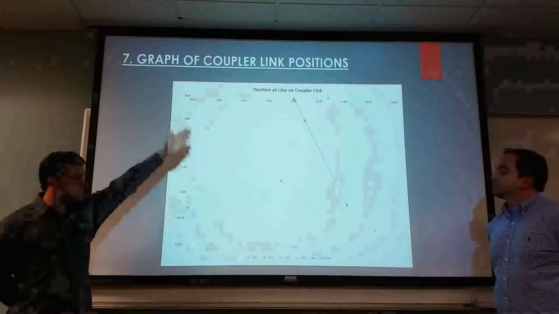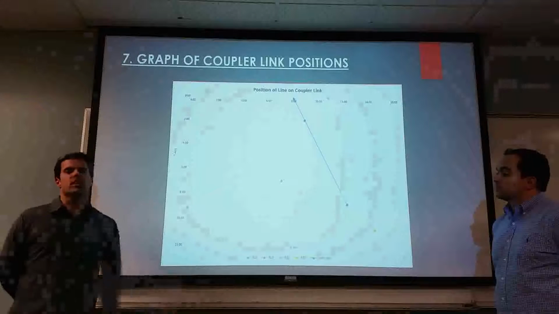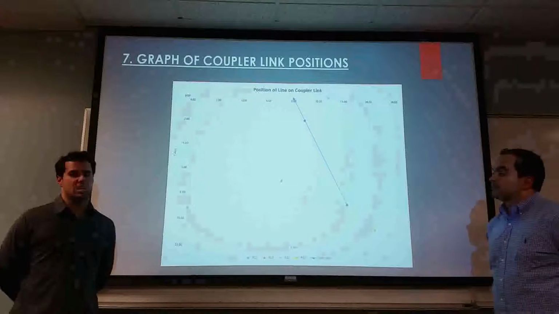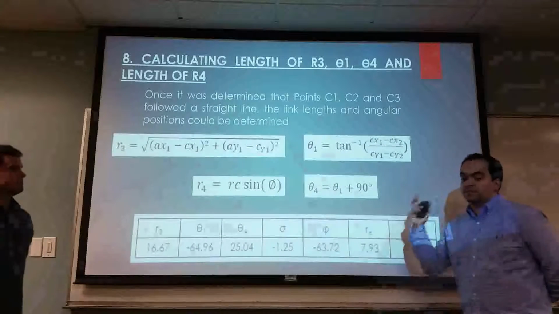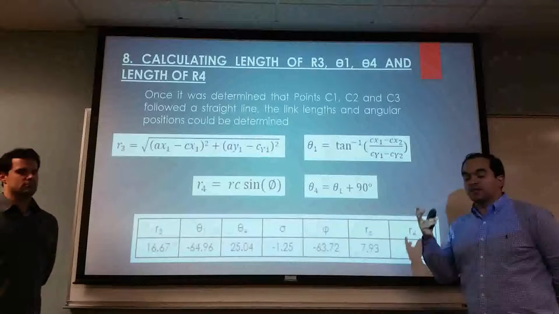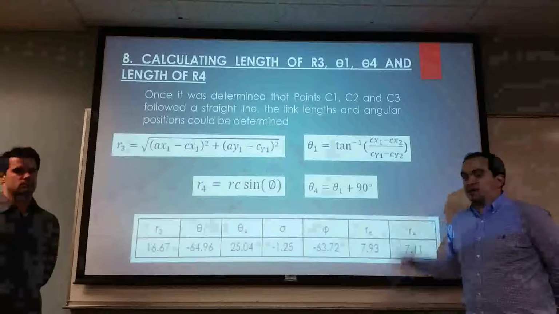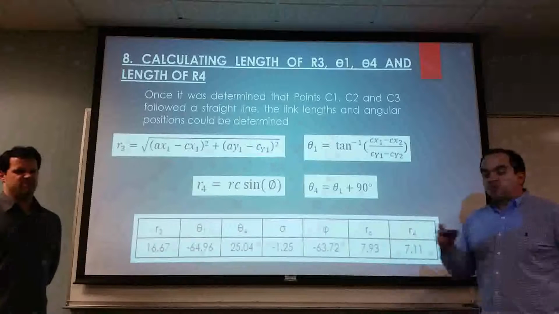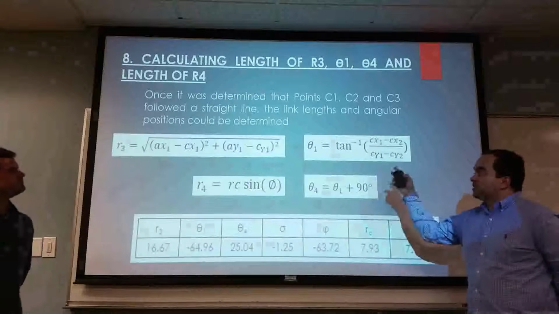Here you see the set of points followed in a line format. This would be the following of a slider crank mechanism. As Jonathan said, from the calculation before, we see point C1, C2, and C3 lying in the slider line. So once all the calculations were done, the team went ahead and calculated the parameters R3, theta 1, R4,